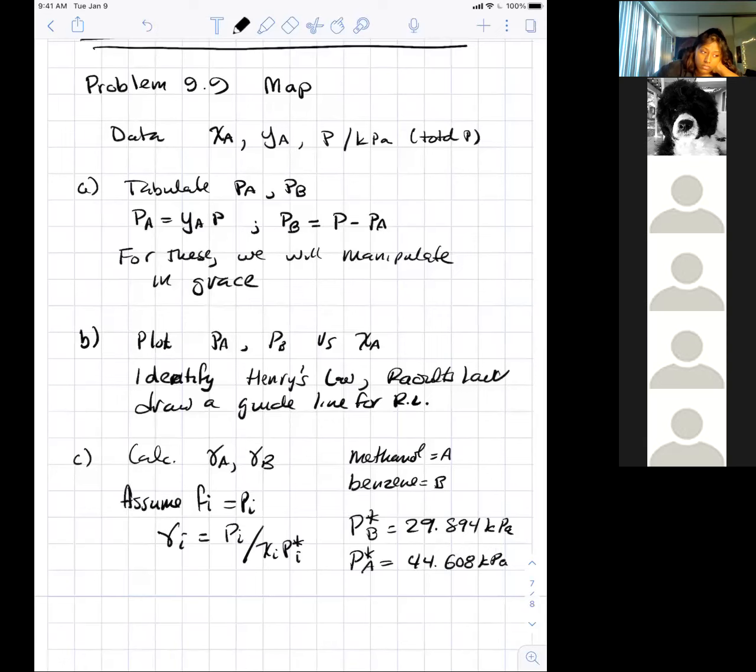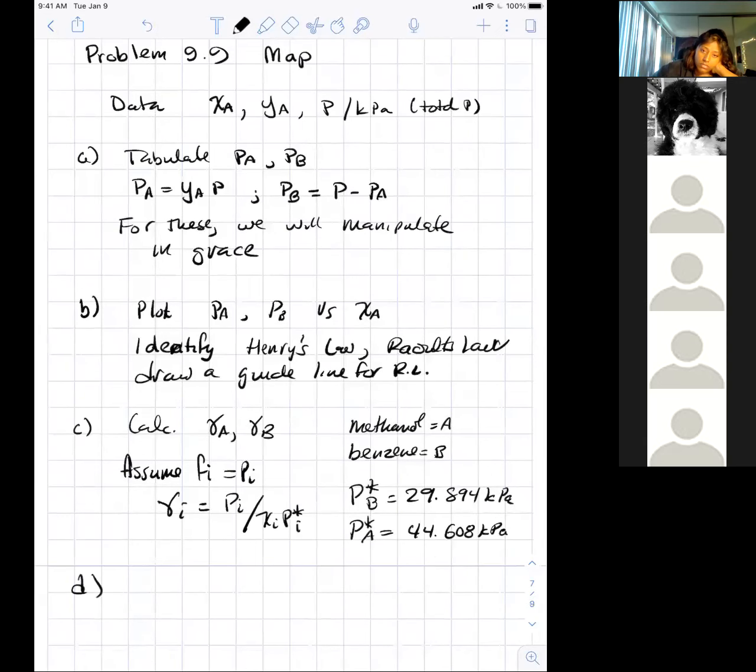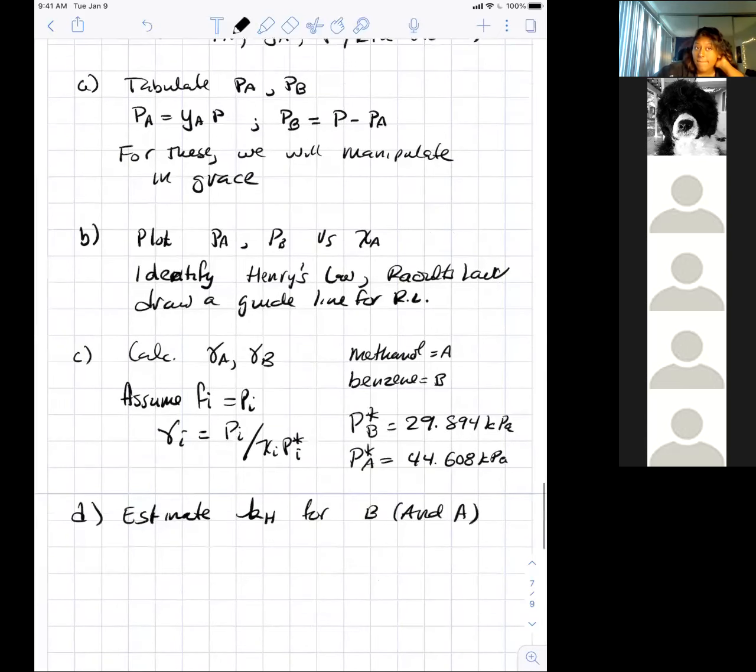All right, D, estimate Henry's law constant for benzene. The problem just asks for benzene, but I'm going to throw in A too. There's two ways you can do this. From the Raoult's law plot, we've talked about that. And kind of what I would call a ratio plot, where you do this Henry's law constant equals the limit as the mole fraction